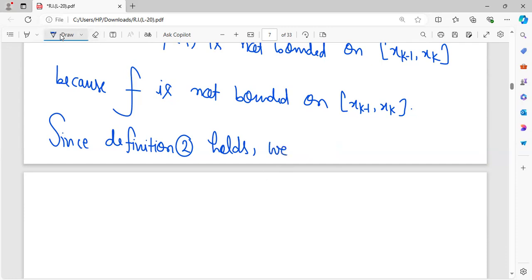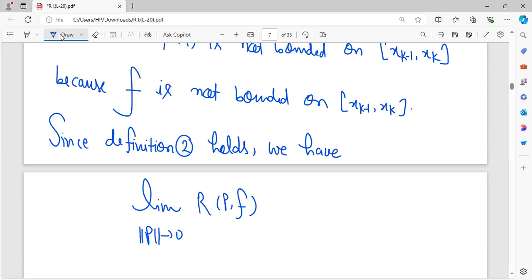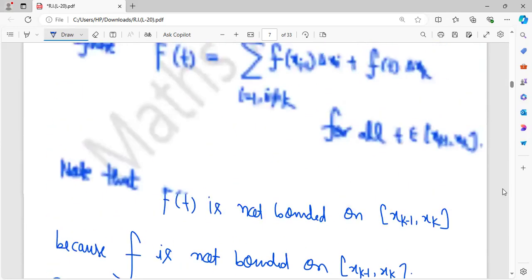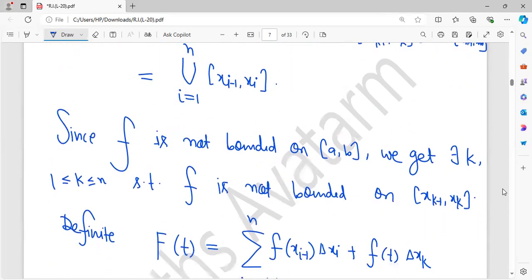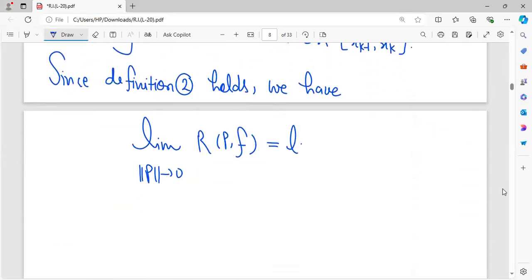We have limit of norm P tending to 0 of R(P, f) equal to L exists. It means if I take norm P tending to 0, then this will converge to L. Okay,